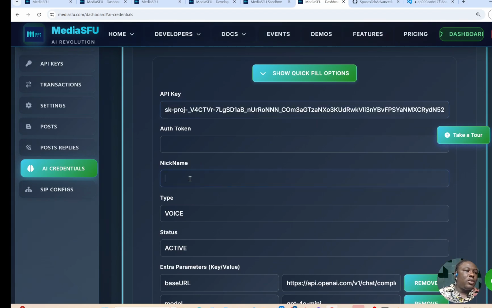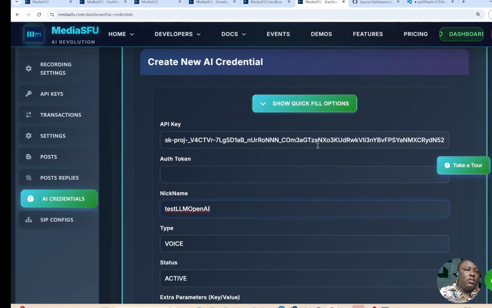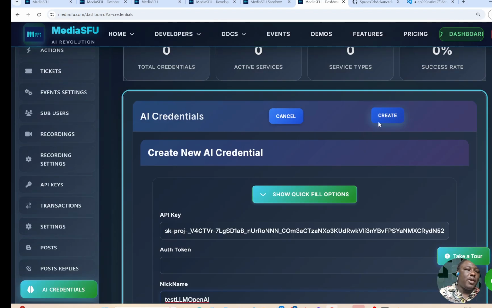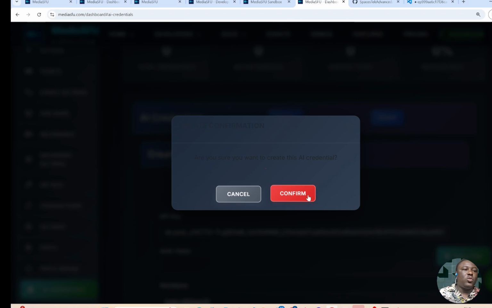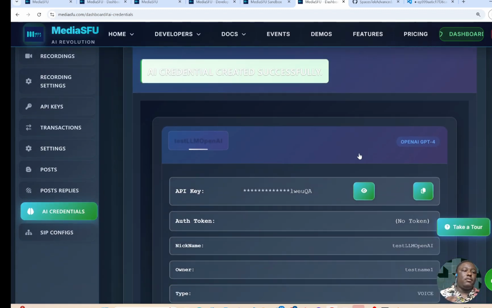And then for the nickname, I'm going to say test LLM AI. Like I mentioned, this is case sensitive, so you just want to make sure you're getting it right when you're referring to it. So now I'm going to do save, sorry, create, and I will just need to confirm that I need to create this. Okay, so I have my LLM